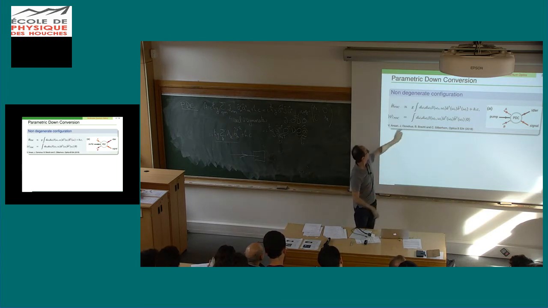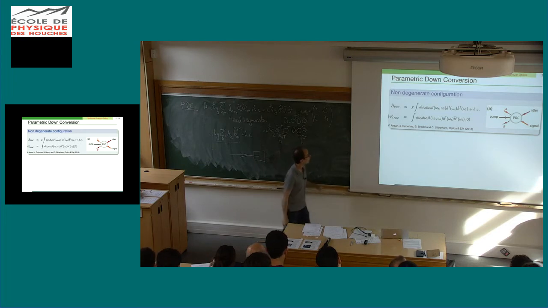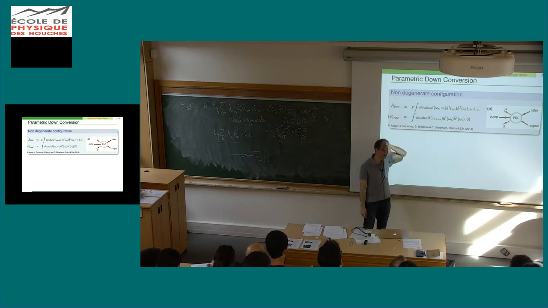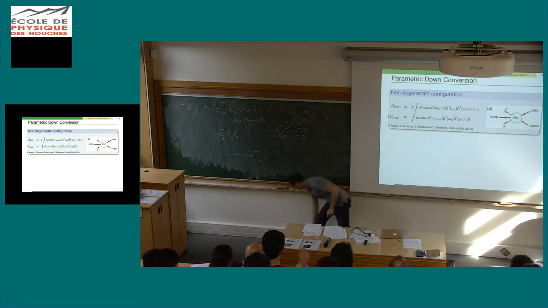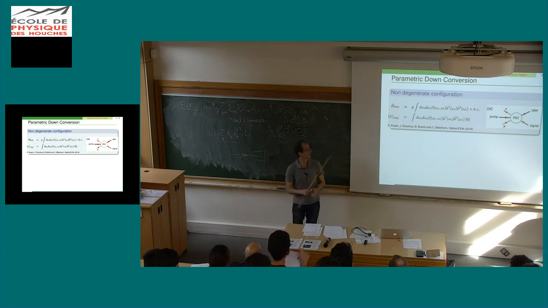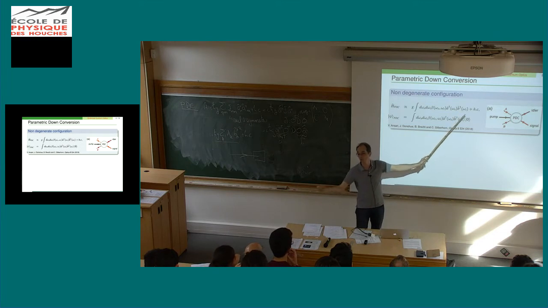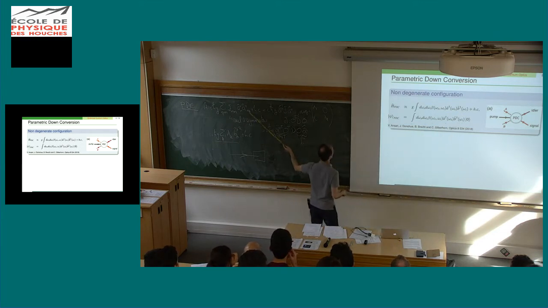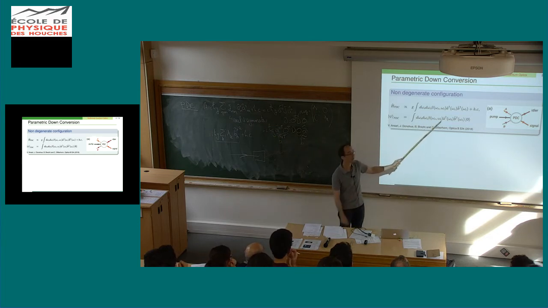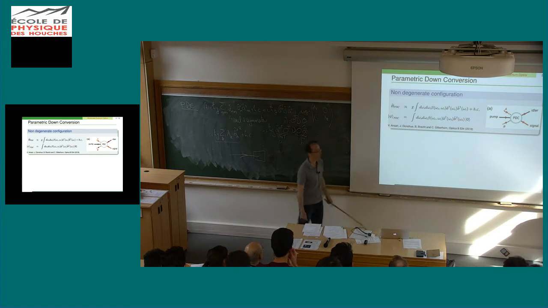So I took this review paper I like, but there are many of them. If you look in this paper at the formulas, what you find first is that the Hamiltonian they consider is this one, which is exactly the one we have used for Hong-Ou-Mandel, so it's back here. This one is the same as this one, it's just a continuous version. Either you take discrete frequencies or continuous frequencies, but it's exactly the same.